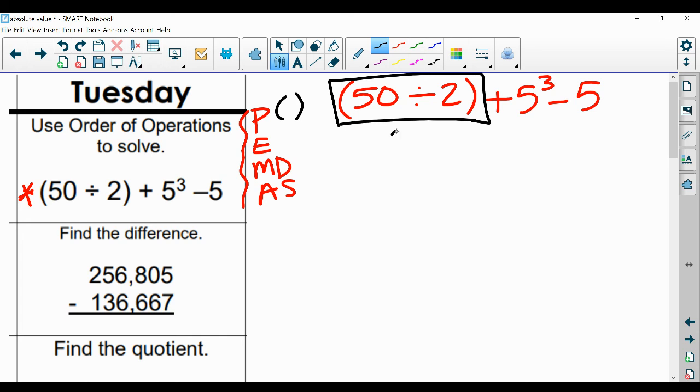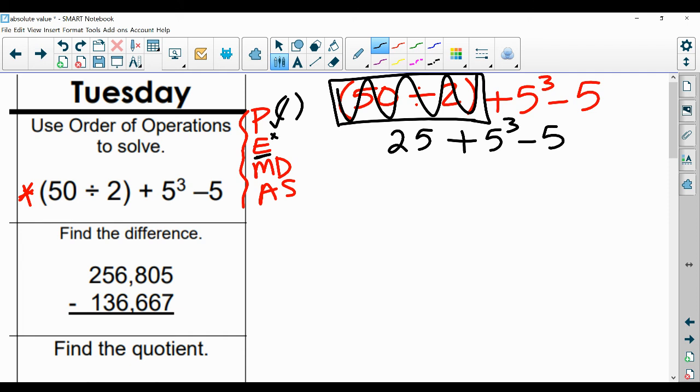All right, 50 divided by 2 is 25. And now that you've figured that out, you're done with this whole little section right here. You don't need it anymore. So now we have this other part to the right that we need to bring down. I'm going to go back to my checklist and look at parentheses, starting with our P. Do I have any more parentheses? No, in my new problem, my equivalent expression, I don't have any more parentheses, so I can check that off. And I'm going to move to the next step, which is E, which stands for exponent,